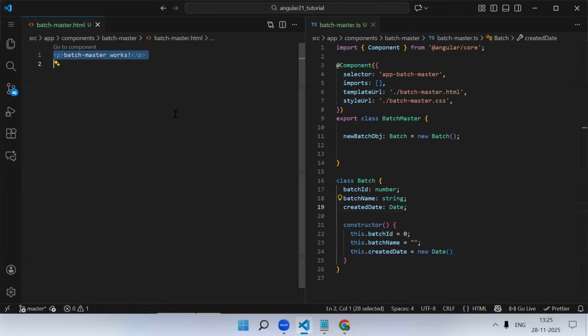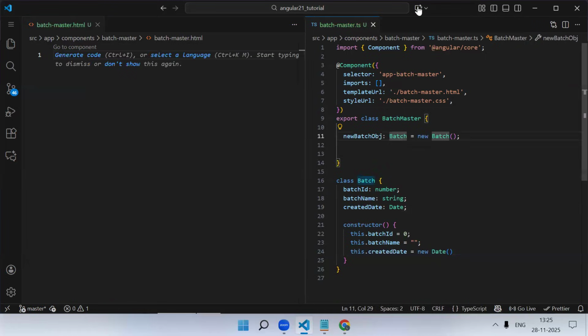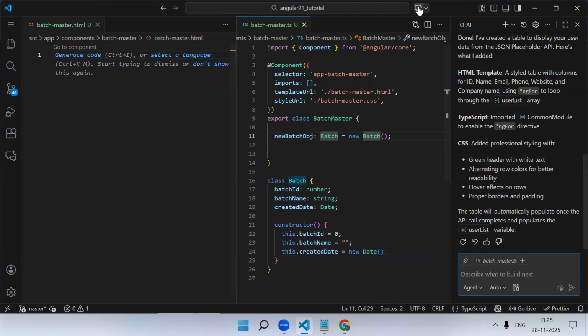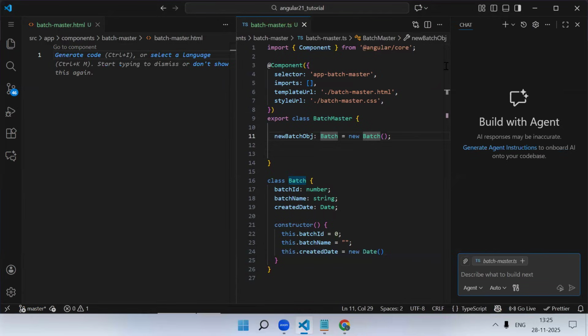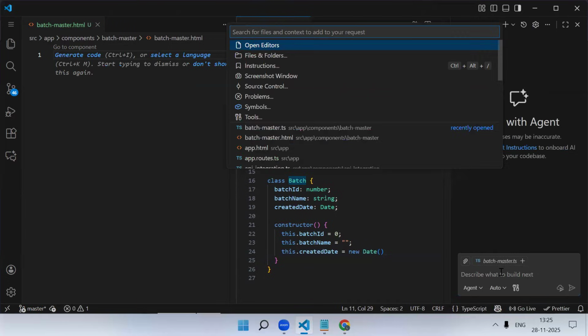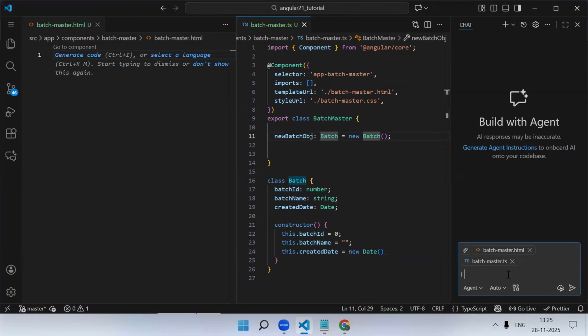Now you need a form, right? So what I will do, I will ask Copilot to create the form. And we need a complete CRUD design. But for now, we are just going to focus on the HTML part only, means post API only. So let's do that. Open editor file. I need CRUD